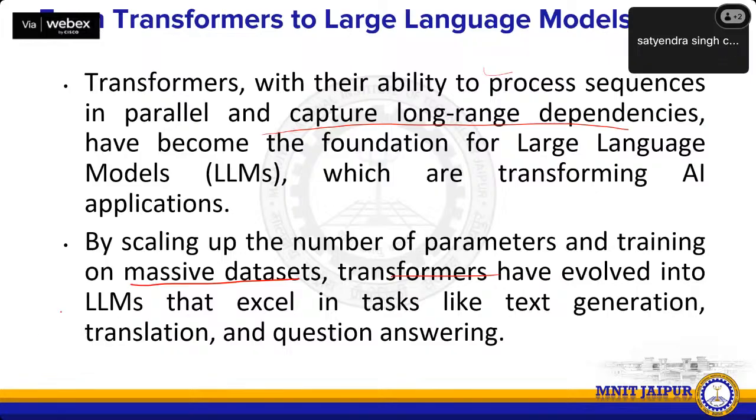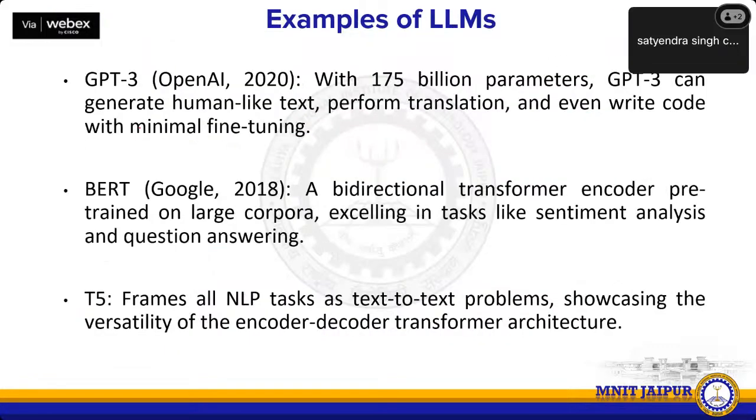LLMs stand for large language models. Large means they have billions of parameters and a huge number of layers. Once trained, they excel at tasks like text generation, translation, and question answering. For example, GPT-3 has 175 billion parameters, and it can generate human-like text, perform translation, and even write code